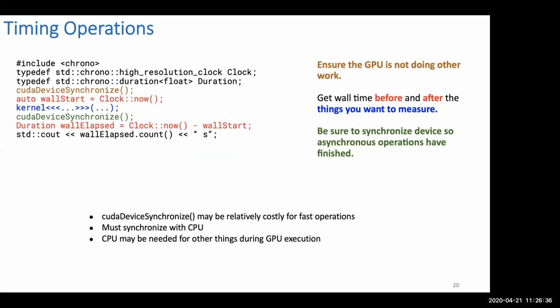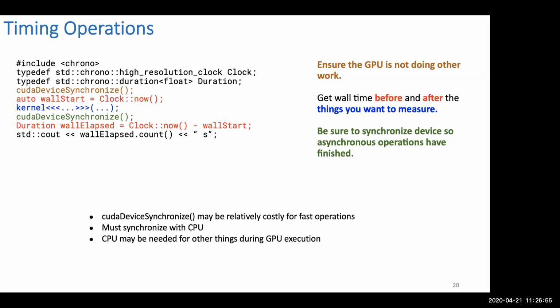There's some example code here on the left, but the way this typically looks is we'll synchronize the device so that we're sure the device isn't doing any work that we had given it previously. Then we'll record the wall time, launch the kernel,